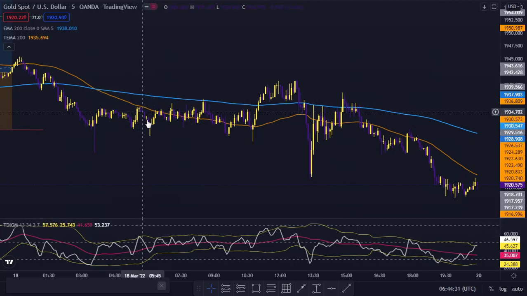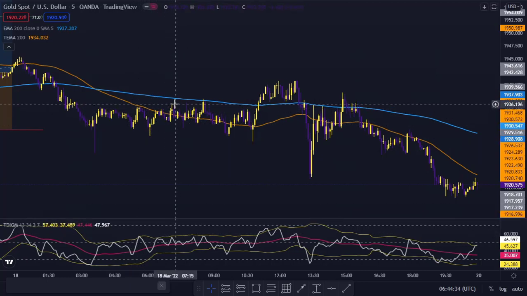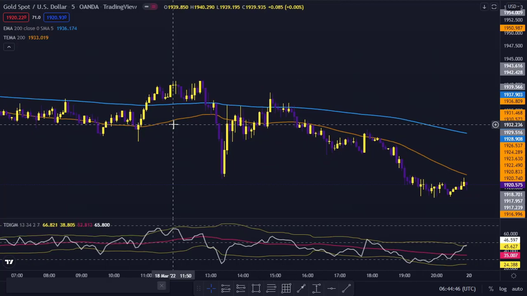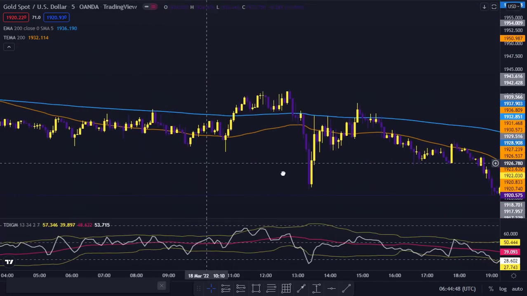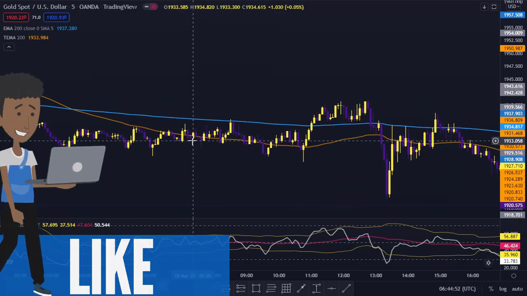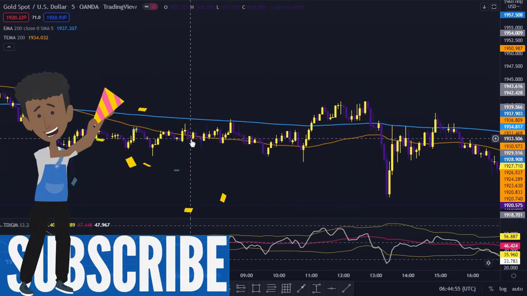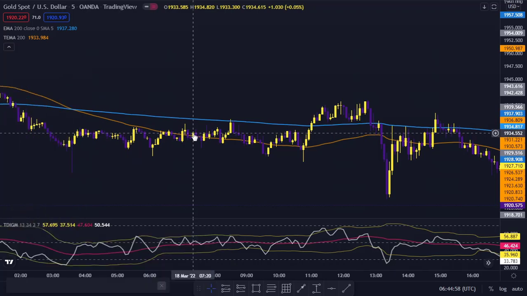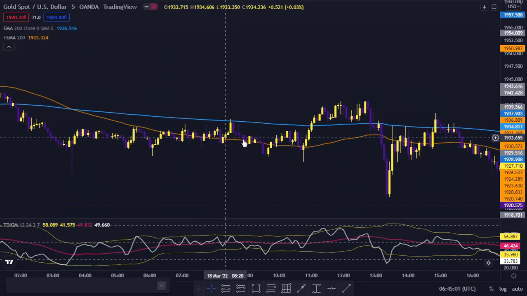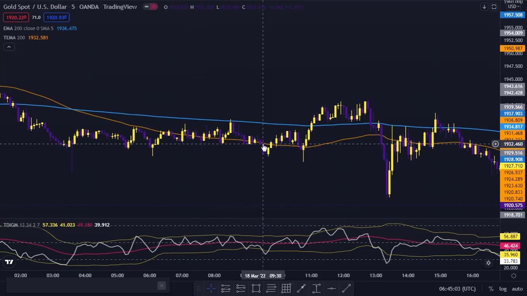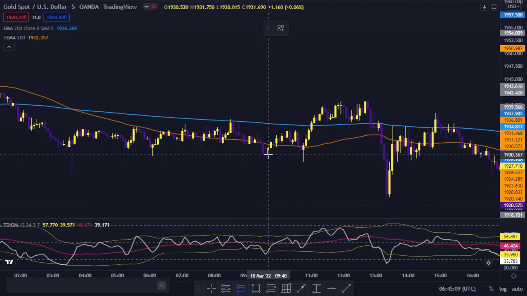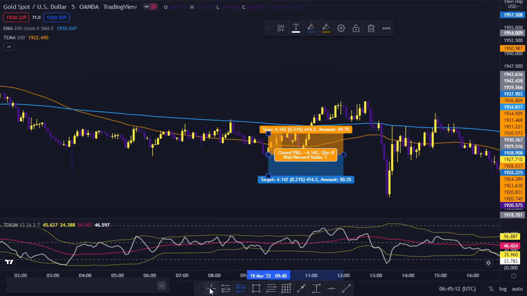What we are looking for is for the price to come into this space. We want it to come into this space and break out again, and we take it on the breakout candle. Once we have a candle closed, I'll just increase this for you to see. Once we have the candle close just like this, I like to look for 2 candle closes outside. As you can see, we had this first full candle, but this other one closed in, so I would have waited. And then we had here again, these 2 full candles closing. So if I'm taking a sell on this particular candle, targeting the last,